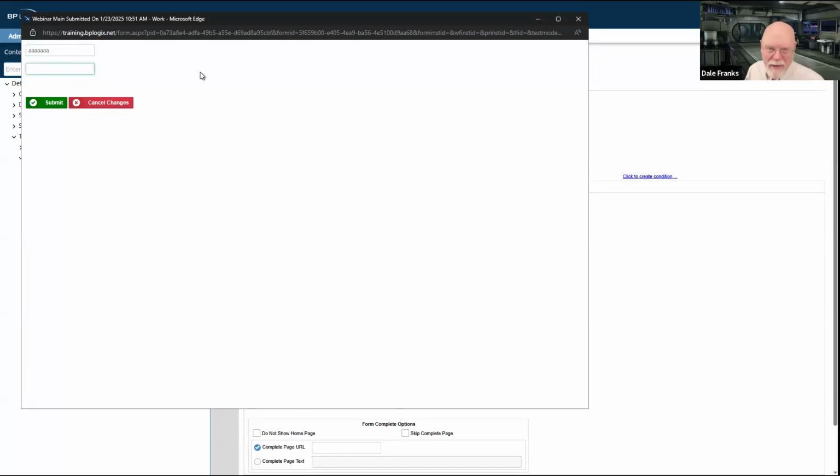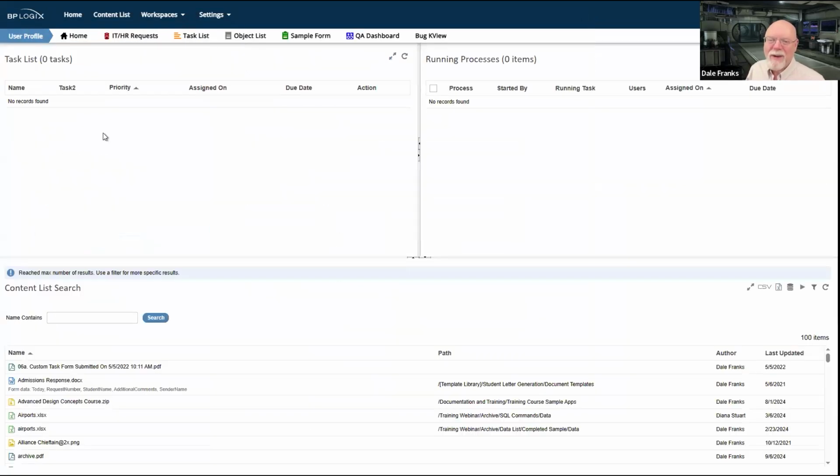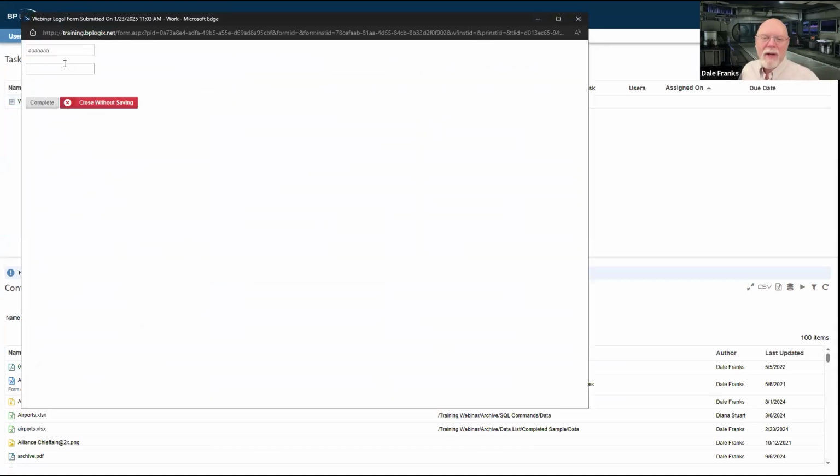I'm not going to fill this out. This is legal stuff. Technically, I probably wouldn't even see it on my form. I'm just going to go ahead and submit it. And I should now be in activity 1. Well, I really should have put in the system variable for activity running name up there, shouldn't I? So that we know where we are. And now my form goes away. Well, I do know where I am simply by looking at my task list. So now I've got the webinar legal form submitted, and I'm in activity 2 of that.